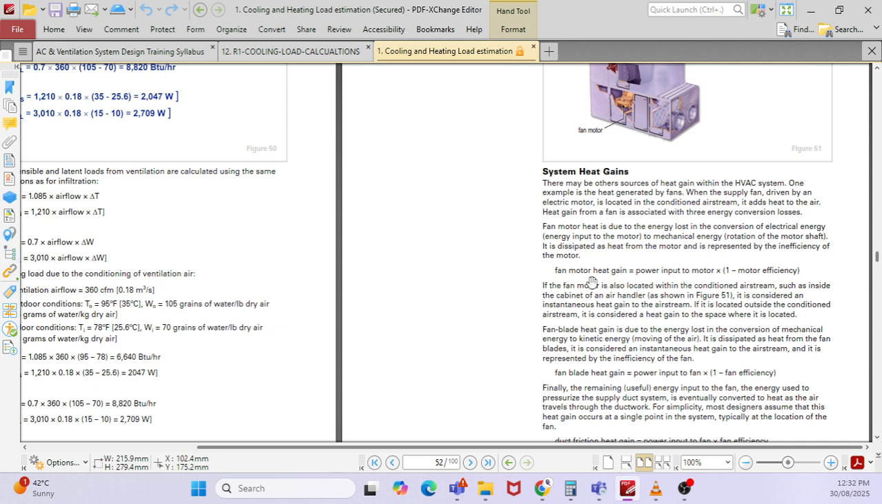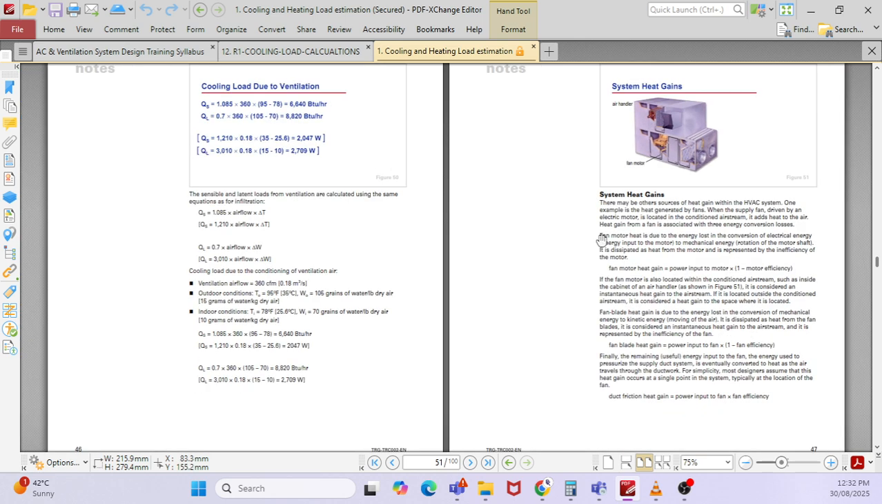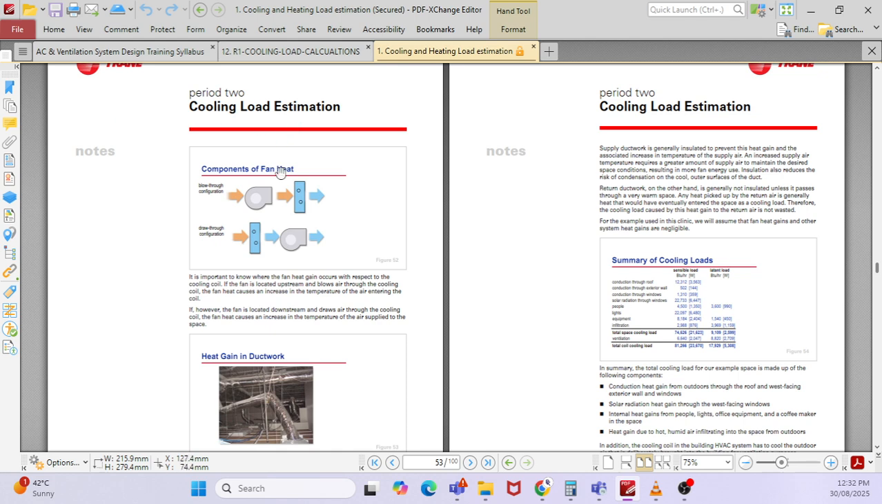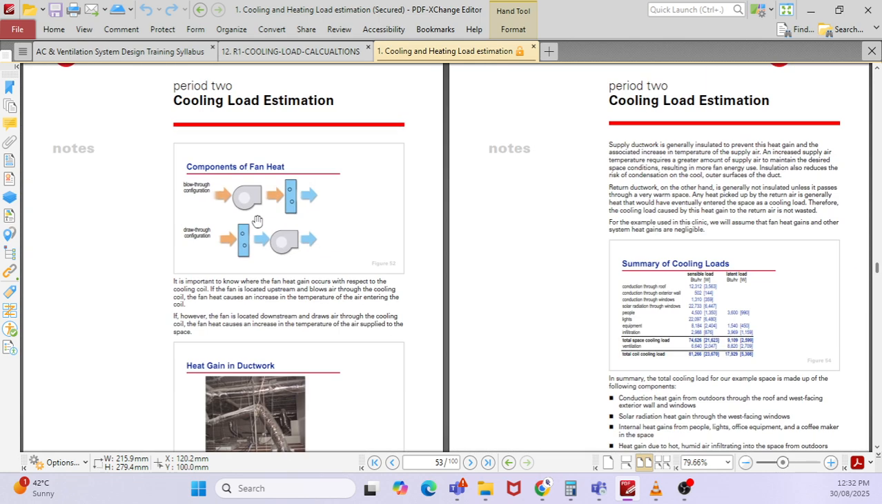Okay, so how to calculate the fan motor heat gain? Power input times 1 minus motor efficiency. Yes, this is for the fan motor heat gain. So how to calculate? Here you will find all the detailed calculations. Then how to calculate cooling load estimation for the components of fan heat gain. If you have a fan before the coil, if you have a fan after the coil, how to calculate